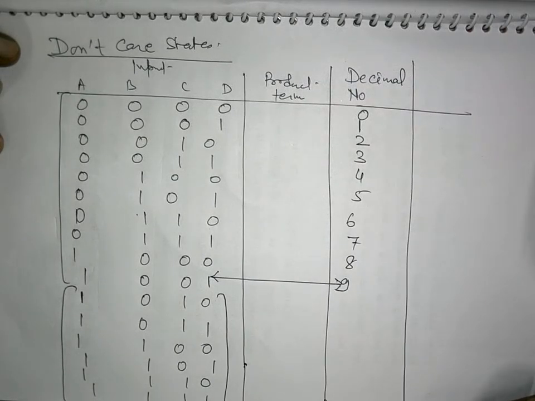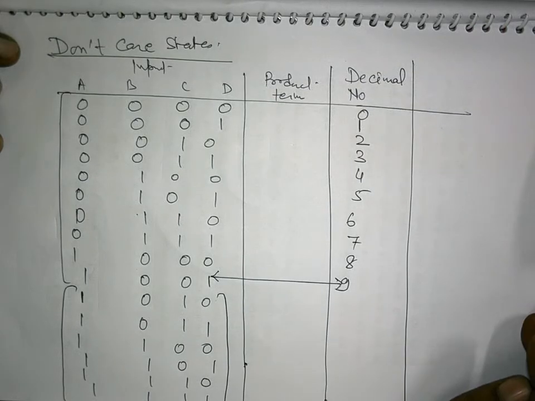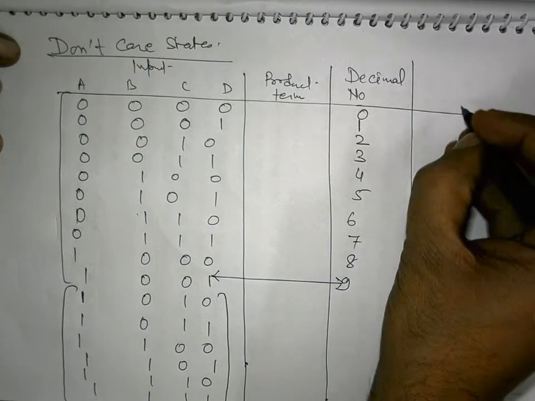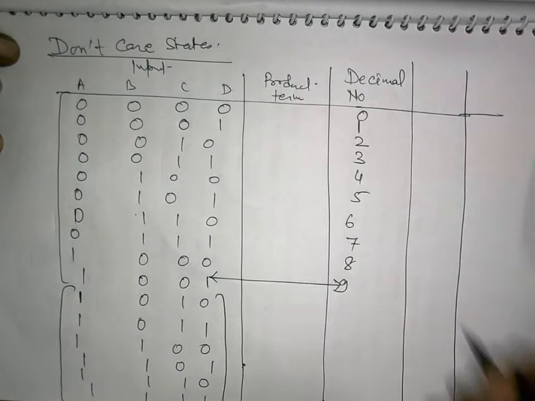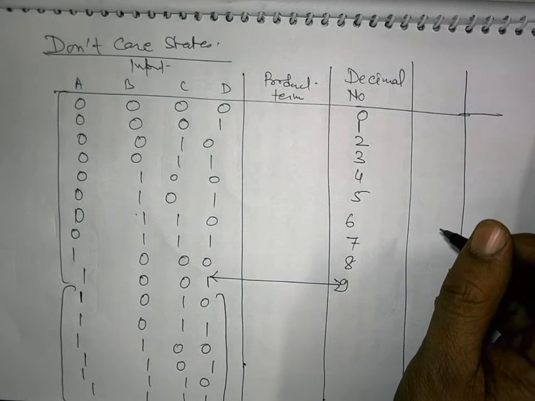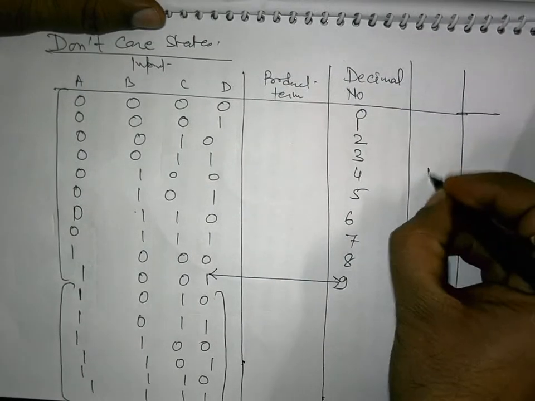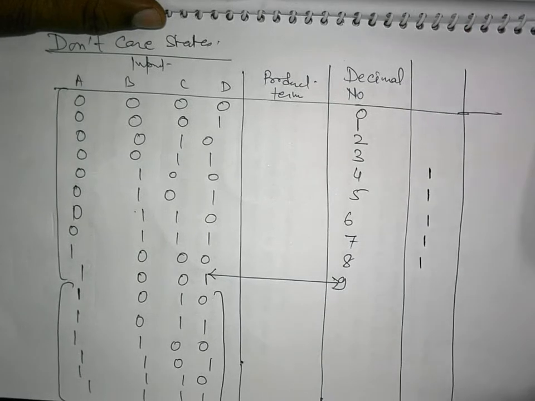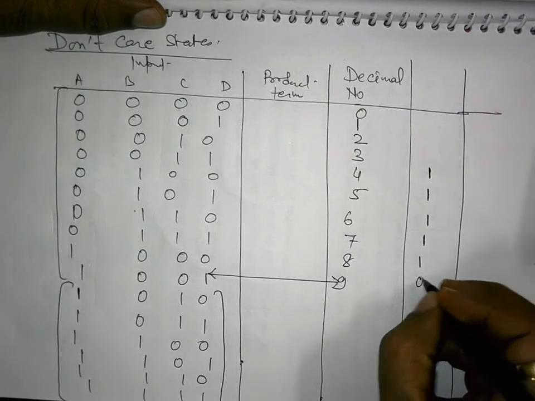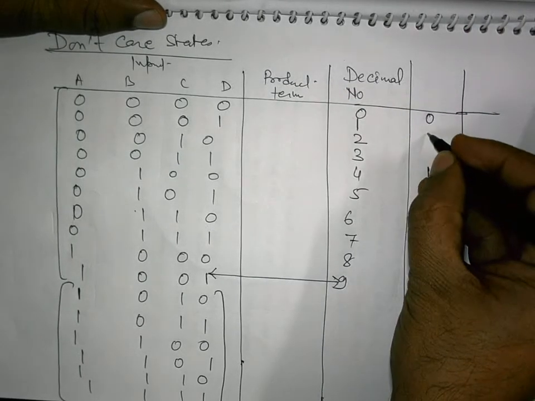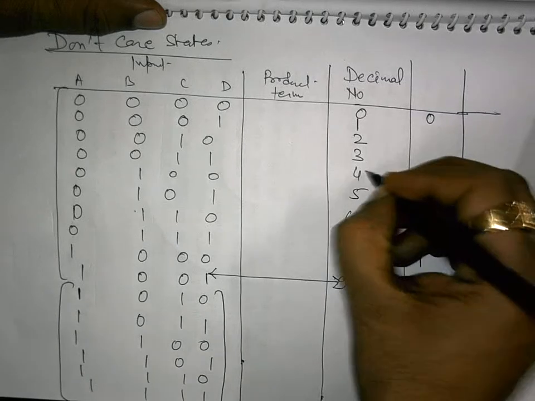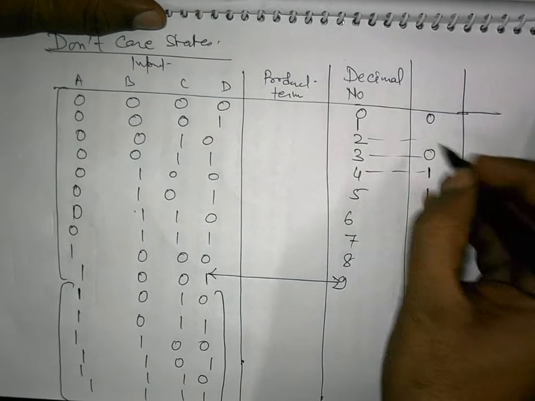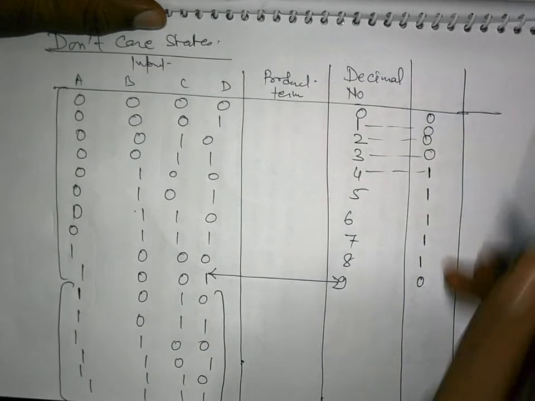Okay. So for this, I can assume the output to be equal to don't care. And suppose I wish to design a circuitry which produces 1 on the occurrence of the values 4, 5, 6, 7 and 8, and on the occurrence of other BCD patterns, it produces output 0. So it produces output 0 in these situations.